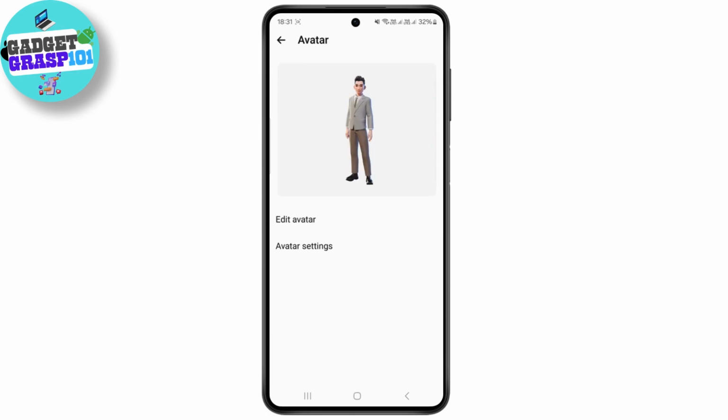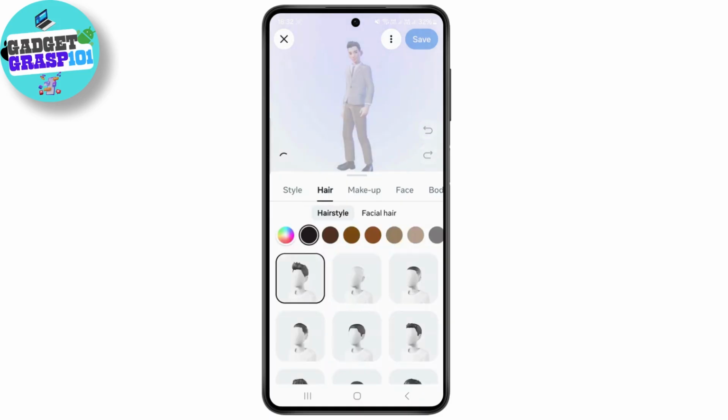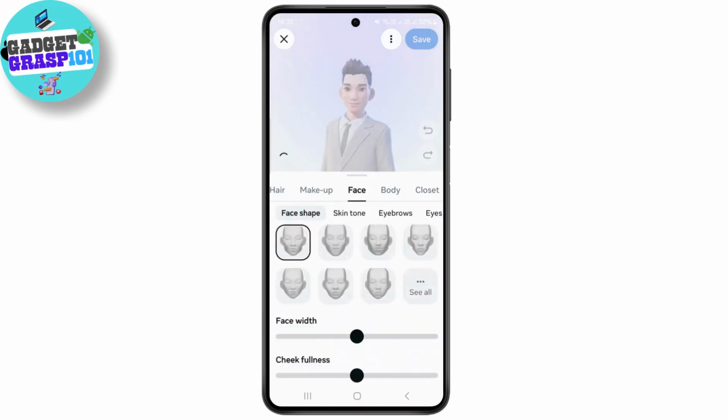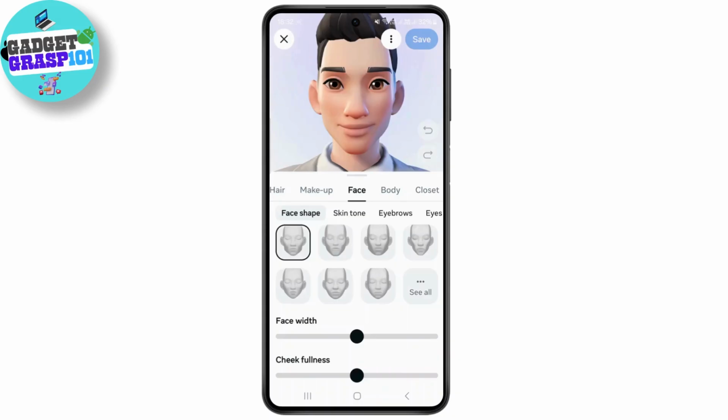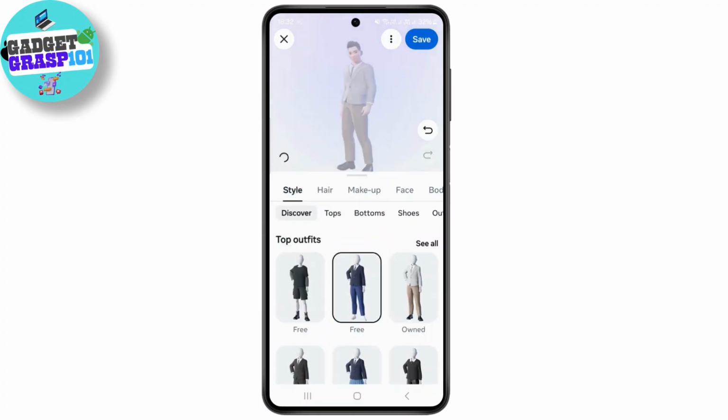Just select it. To change it, you can click on this edit avatar button over here, and as you can see, currently I have this avatar. If I were to change his hairstyle, hair, makeup, or even face, I can simply toggle on this navigation bar and change it from this to this, just like this. Once I'm satisfied with everything, like the body structure, face, makeup, hairstyle and everything, I would simply click on this save button at the top right corner,